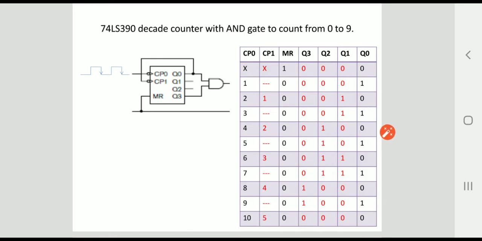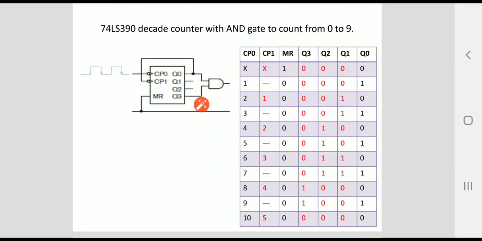So like this, it will go on up to 1, 0, 0, 1, which is nothing but 9. So now it acts as a decade counter. In that, these red color values are the mod 5 counter values, that is, clock pulse 1 is controlled. So it only counts from 0 to 4. So maximum is 1, 0, 0. Only it can repeat. And here Q0 represents a 1 bit counter. So after 9 again it becomes 0, 0, 0, means it repeats the same thing.